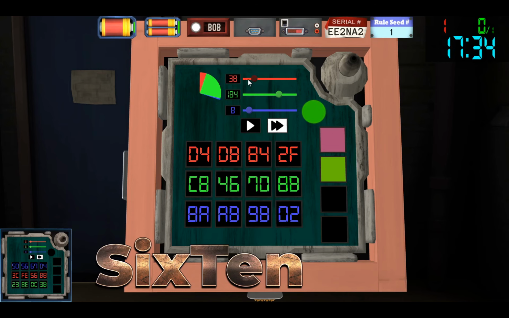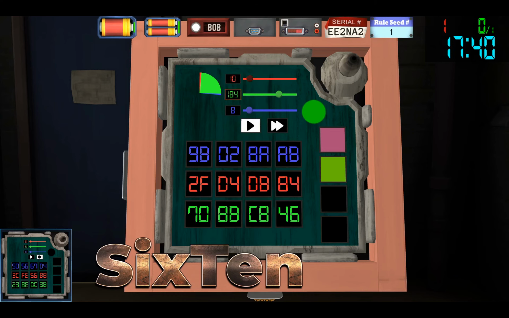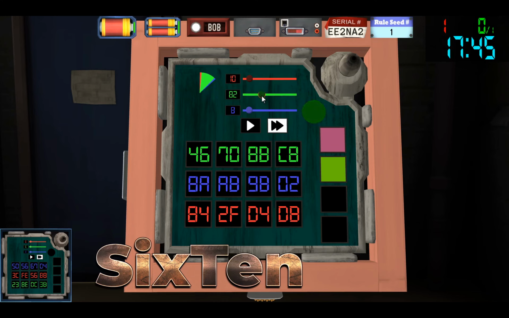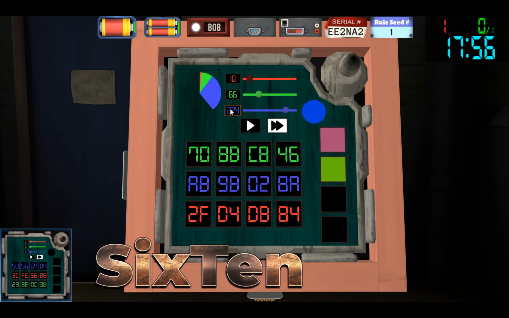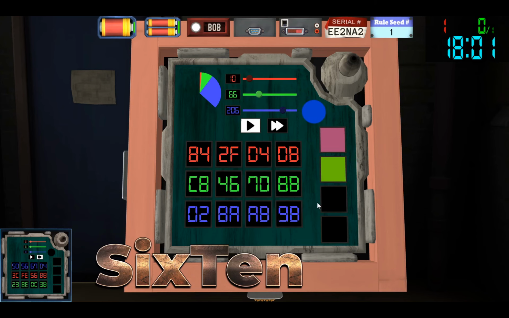So let's change this to a 10. 1, 2, 3, 4, 5 makes a 10, and then 66 here. We want that to go down. There you go. 1, 2, 3, 4, 5, 6. And finally, we have 206, which is quite a lot more than 8. All right, let's go back. 206. So let's go down. And then finally,